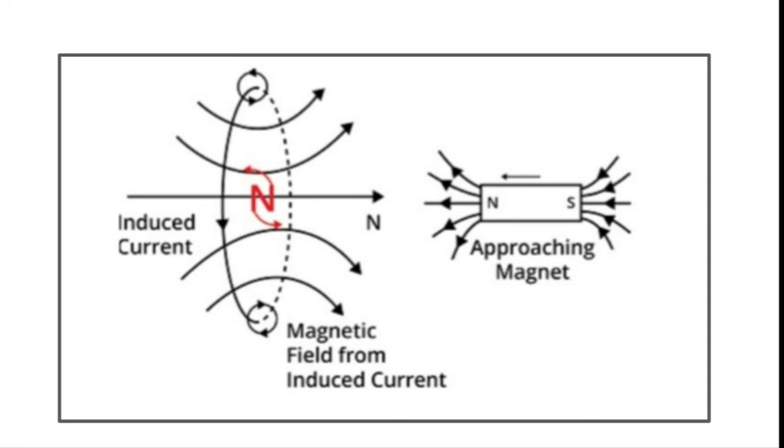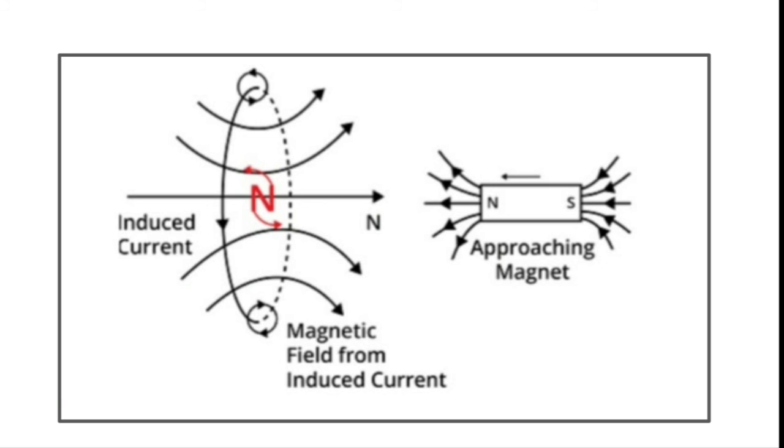Now, if it is not so, only two possibilities are there. Current can flow either in anti-clockwise direction or in clockwise direction. If this is not the situation, what will happen? As per Lenz's law, when the north pole approaches the wire loop, it should repel. When the north pole is going away from the wire loop, it should attract. That's what Lenz's law says. So here when it is approaching, because of the induced current, it is repelling that north pole of the bar magnet. If it is not so, we are thinking the reverse.